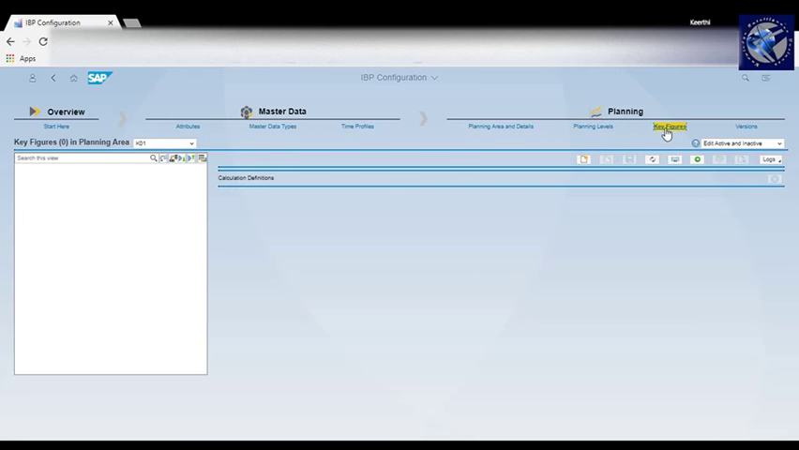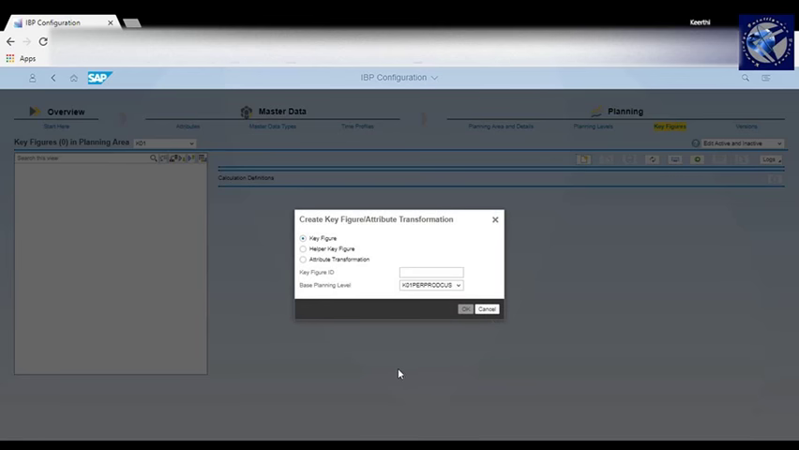As part of the previous section, if you remember, I worked on the planning level. That's a prerequisite for us to create a key figure. As of now, there is no key figure assigned to our planning area. So let's start creating certain key figures that we listed in our previous Excel sheet, one by one. Let's start with the first key figure. Let me click on create and let me start my first key figure, which is called sales